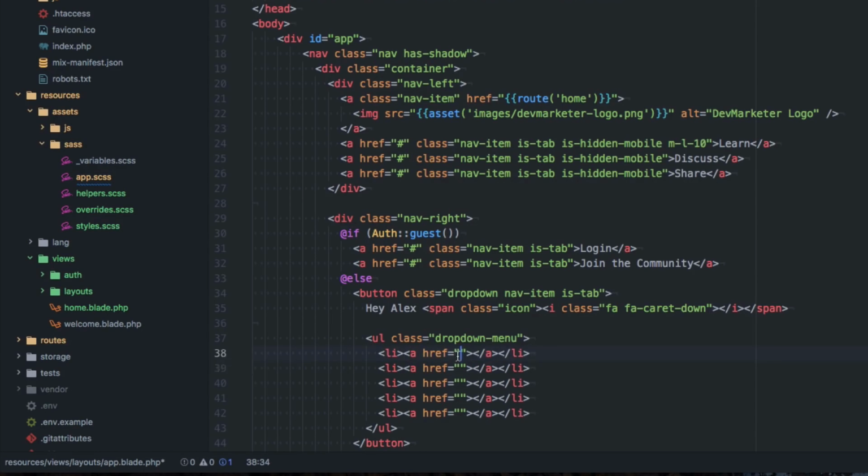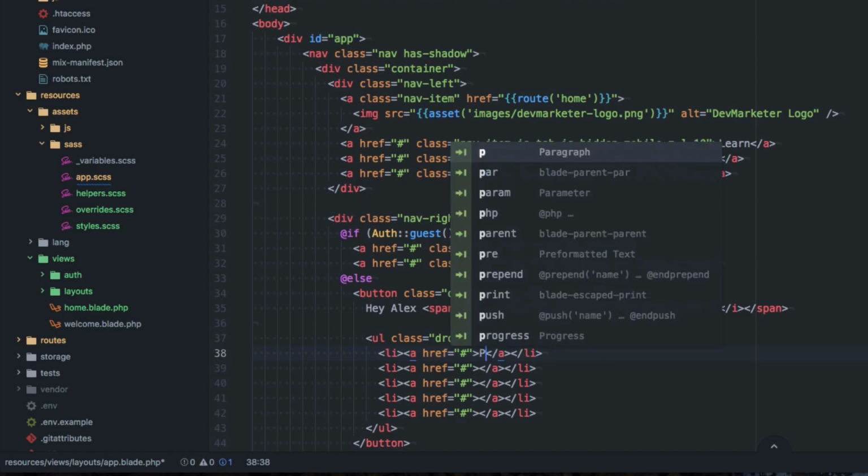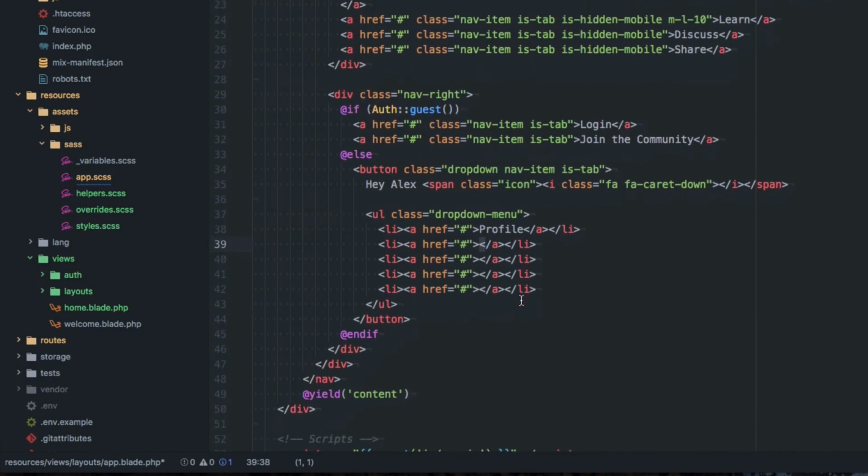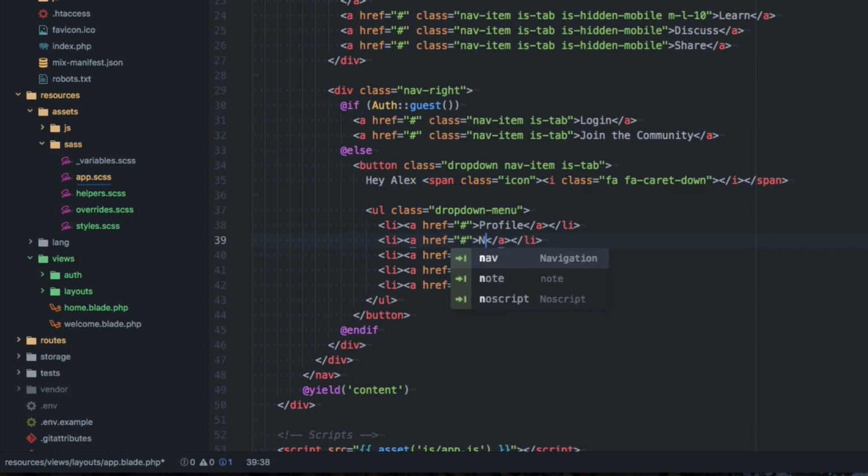Okay, just like that. And we just don't need these going anywhere right now. And let's just make some of these real quick. So we'll have profile. Remember, this is our actual navigation menu. So we'll have profile, notifications, settings,